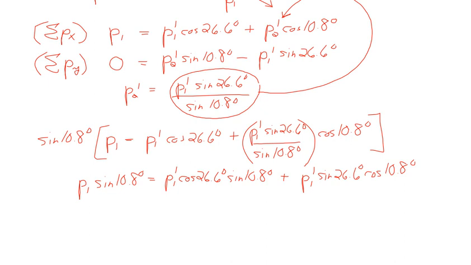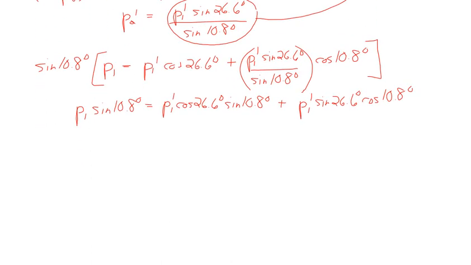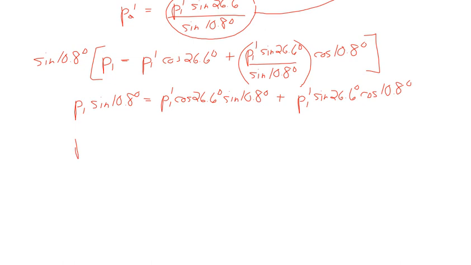Now, I want P1 prime, that's my unknown, so I'm going to notice that I have the unknown in both of these terms. So I can factor it out, and when I factor this out, what's going to be left is these trig functions plus those trig functions. And then that will eventually come down here below. So I'm running out of time. Well, I still got 2 minutes, so let's see if I can do at least the next step. So when I've done that, what I'm going to get is that P1 prime is going to equal this, which is already on the other side. So I'm keeping this there, even though I put it on the left. That's on this side. So I'm going to have P1